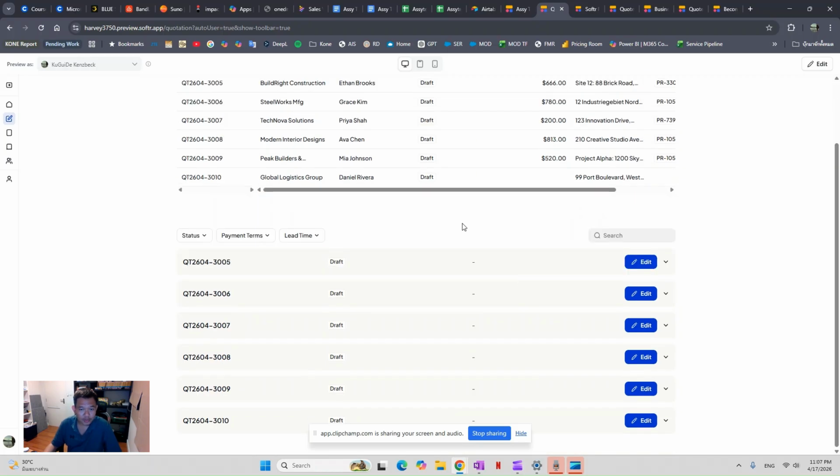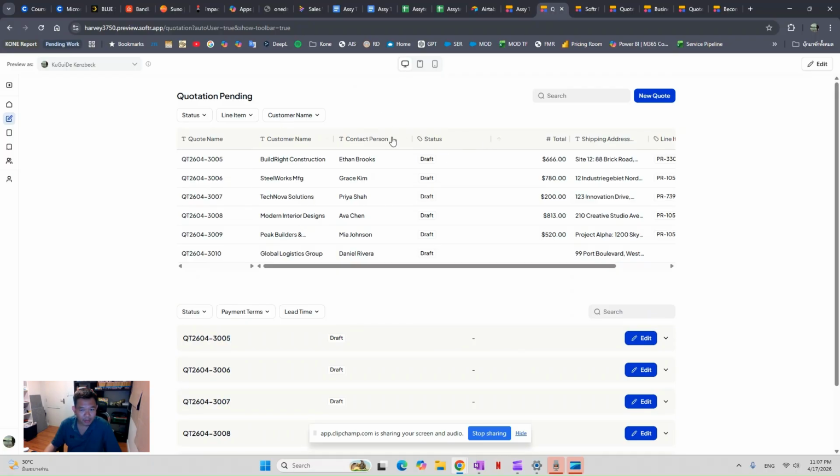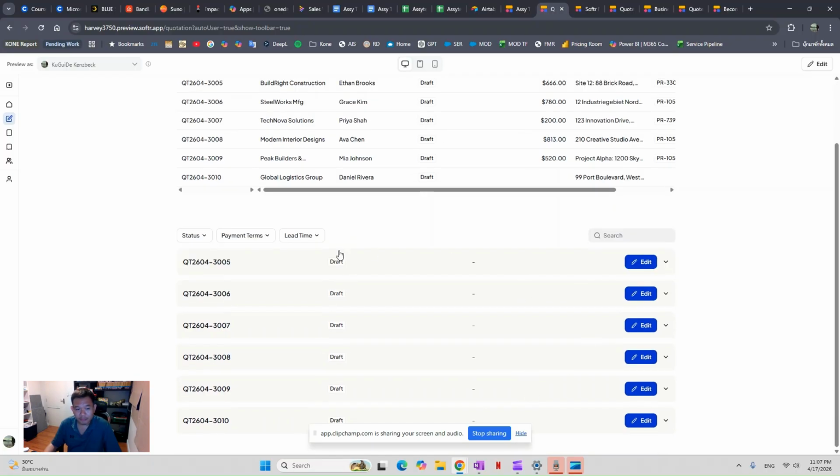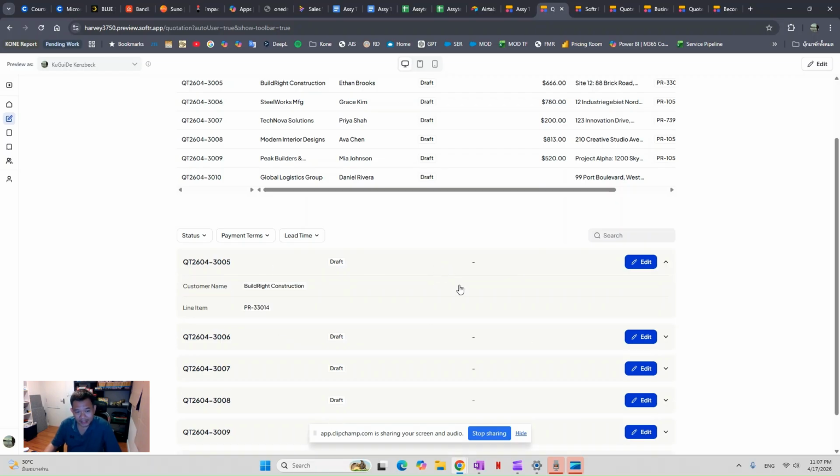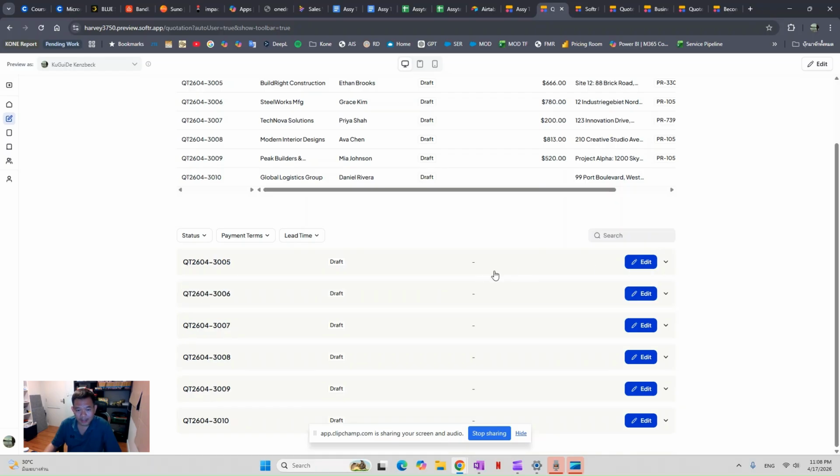We can also show the information in different ways. First with the table like this one, and the software function also makes it possible to show it as a list. With this list you can also click to see more details.